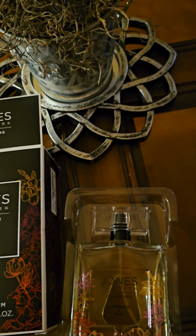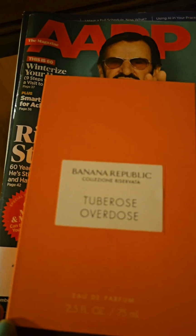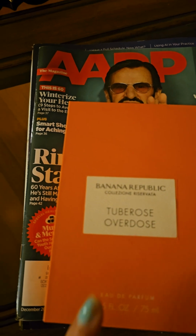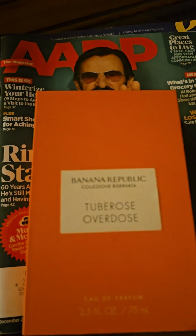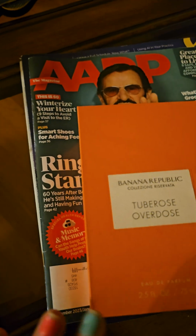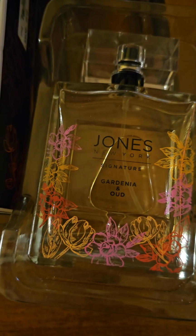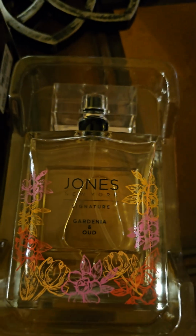florals does not mean just feminine, as you guys already know, but it does not smell like this. I'm just using this as an example. Like this tuberose overdose is obviously unisex, and this is pretty, but I've already reviewed this, and it doesn't last, by the way, but that's kind of supposed to be a floral woody. I'm not comparing these two fragrances. I'm just pointing out that's a unisex fragrance with the tuberose and totally unisex. But this is more unisex. This is, in my opinion, far more unisex than this Banana Republic unisex. So there's the bottle,